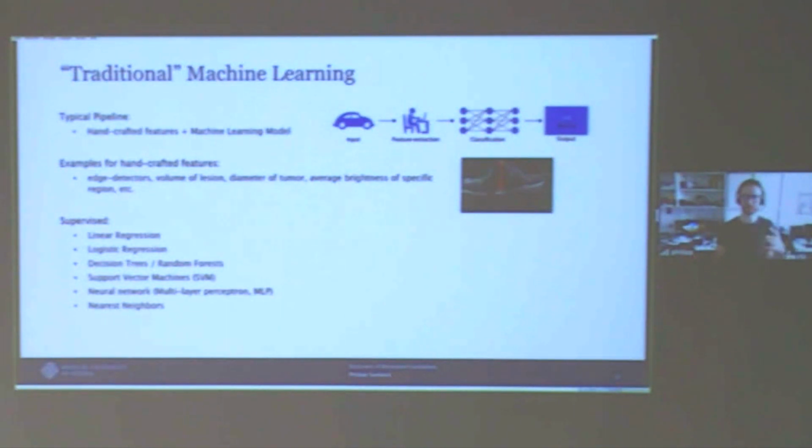So here there are multiple traditional supervised approaches like linear regression, logistic regression, decision trees, support vector machines, neural networks in their classical form, so not in a deep form, but in a shallow form, and nearest neighbor. These are all things you can try out if you do not have enough data, because this is the setting where traditional machine learning is still useful. But I will now focus on just a few